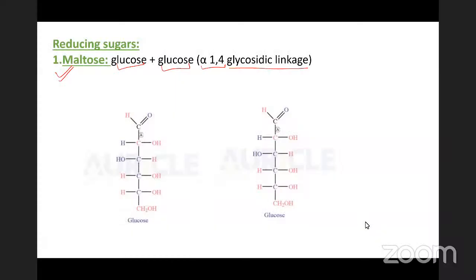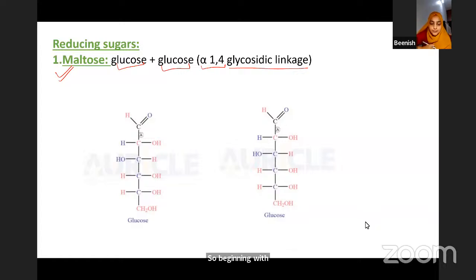I think the connection was lost again. Okay. Now, beginning with what are reducing and non-reducing sugars? So as we said,